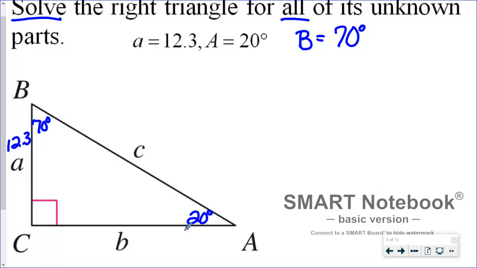I'm just going to go ahead and pick angle A because it was given to me. From angle A, I know side a, which is the opposite. I'm looking for b, which is my adjacent. From SOHCAHTOA,